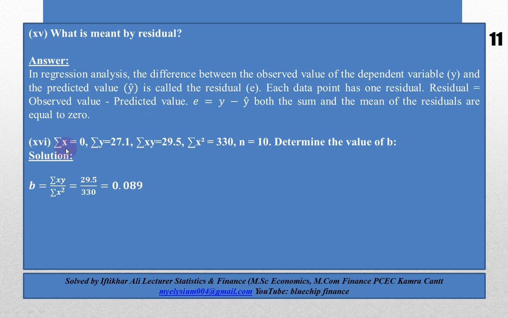Question number 16. Sum of x equals 0, sum of y is 27.1, sum of xy is 29.5, sum of x square equals 330 and n equals 10. Determine the value of b. Once again,